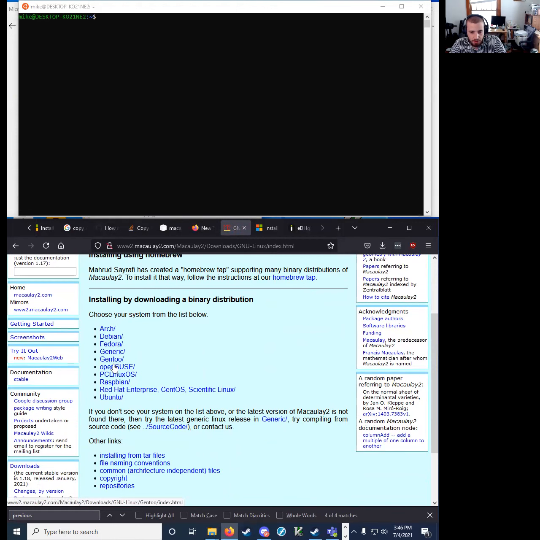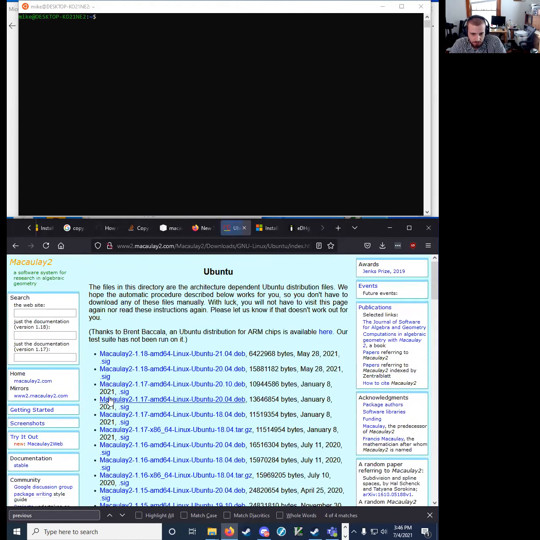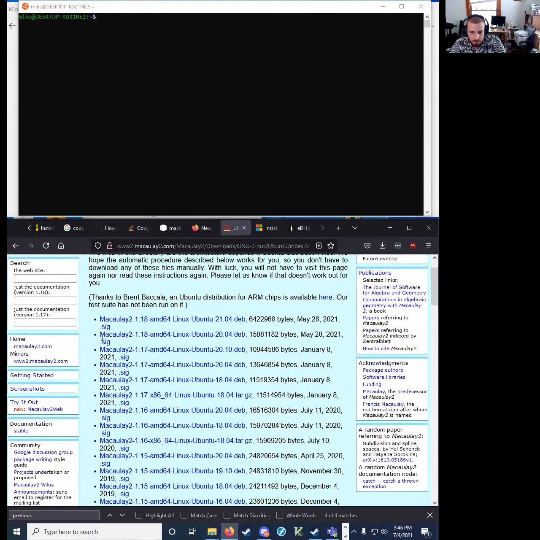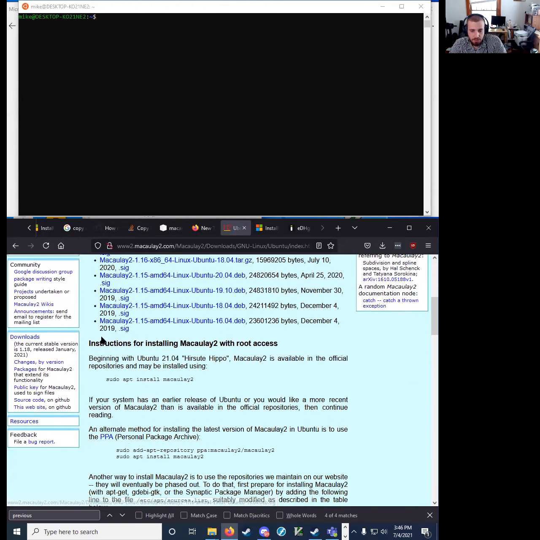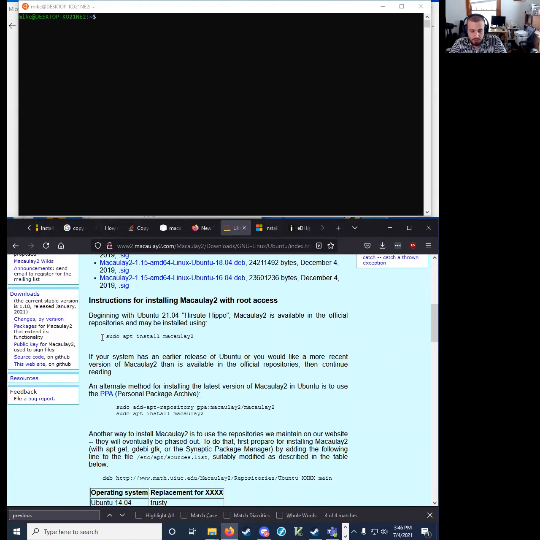And we are running Ubuntu. That's the one that I picked. So I'll click on that. And there's a whole bunch of different ways that they provided to install Macaulay 2. If you happen to be running Ubuntu 21.04, you can install it with just this command right here. However, the version of Ubuntu that is installed on Windows is 20.04, not 21.04. So for that reason, we need to perform this additional step right here, which adds the